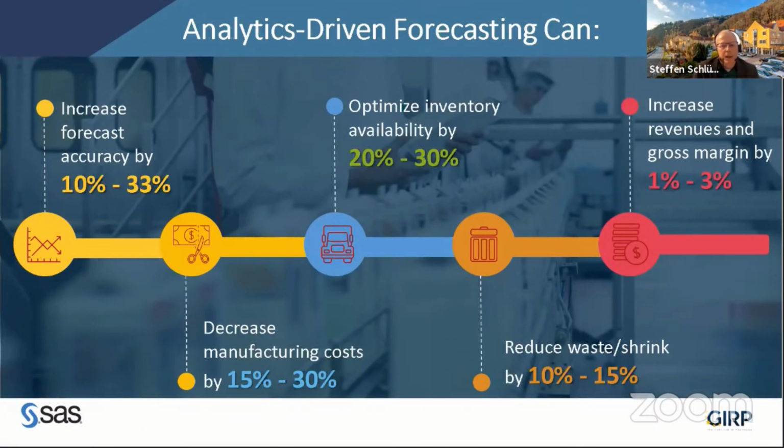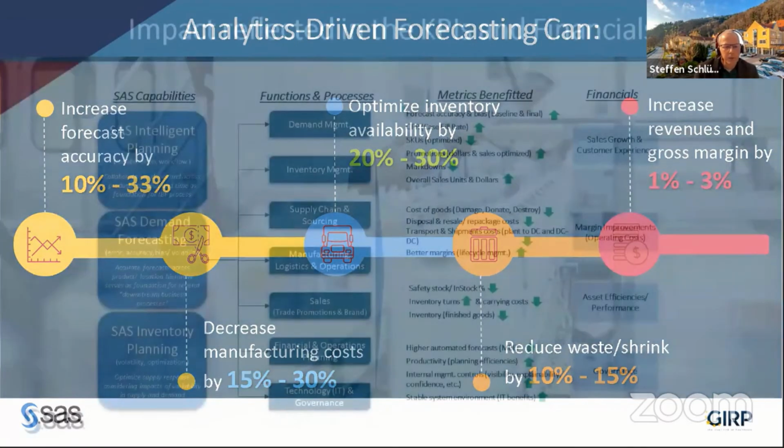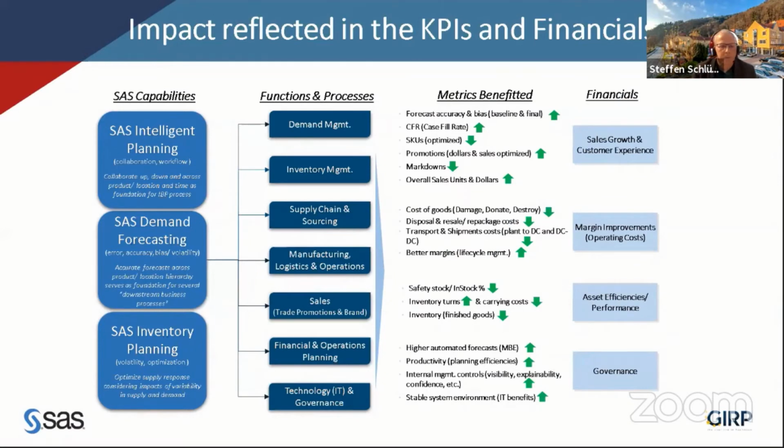As well, you often see general information like how our solution or analytics can help improve your KPIs in different areas. As I said, I don't want to spend too much time on that one. If you want, we can always discuss it at our booth. There is also a more detailed view of how our different solutions had an impact on the customer in the different areas. As I said, I will not spend too much time here. Please ask me, but you see we really had a big impact, not only on demand management, but also on financial and operations planning, and on sales. All our solution analytics really helped there to improve your operation.